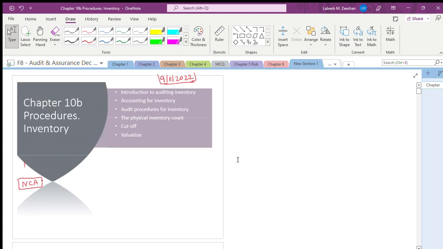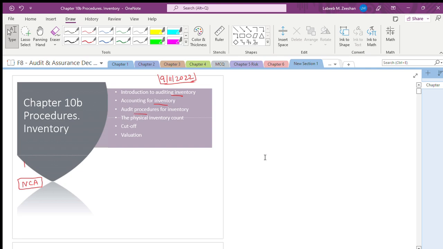Okay. When you do the inventory count, assume exclusively, you are focusing only on inventory. You are an auditor, you are going to the client place. When you go to the client place, you are thinking in terms of how to do the inventory. Okay? Introduction to the inventory, accounting for inventory, what are the procedures you have to do,